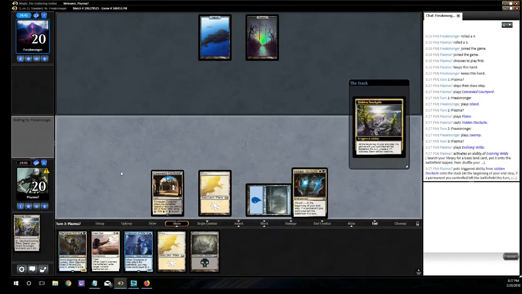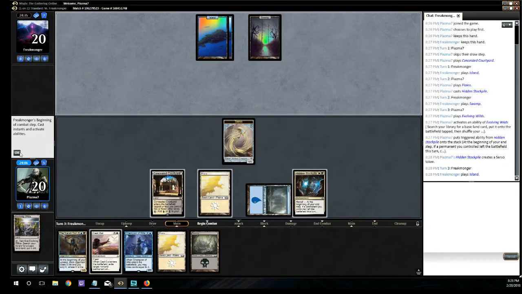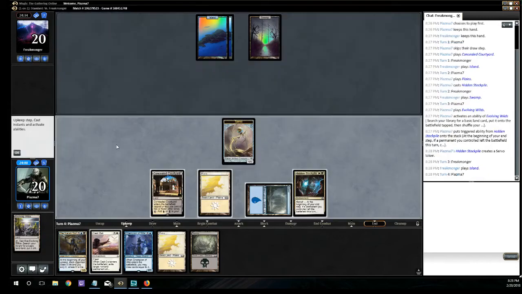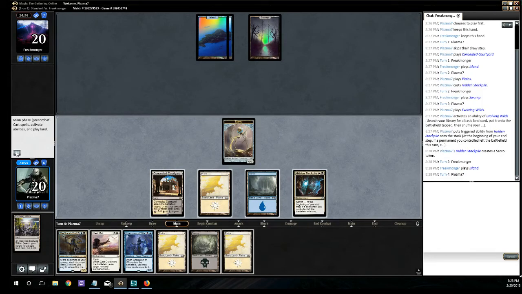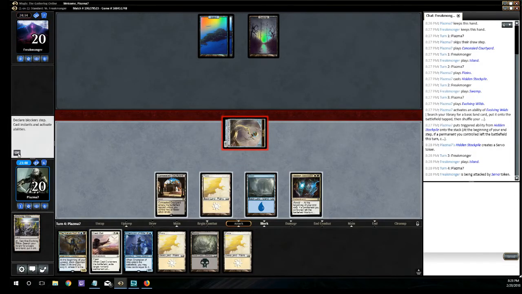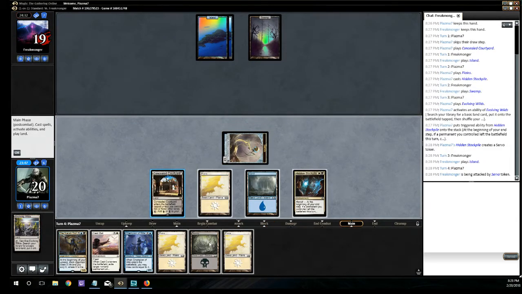Unfortunately, we kind of have to show them that we're a blue deck, but that's okay. Because we are a blue deck, we'll go ahead and... We don't need to scry. We'll attack first. See if he does anything. Probably not. It's free damage, and he looks like a control deck, so...